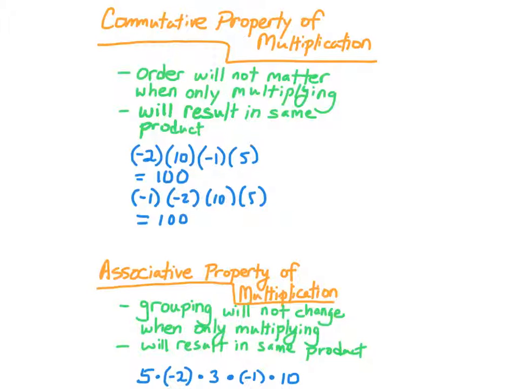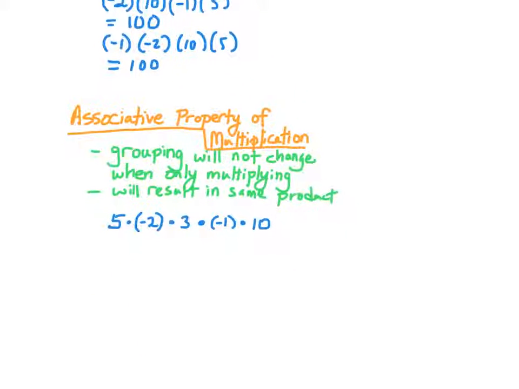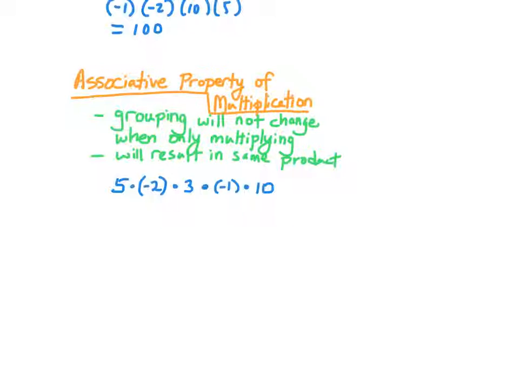All right. There is no commutative property of division. Division, you can't change the order and get the same thing. 10 divided by 5 is not the same thing as 5 divided by 10. But you can change the order with multiplication. Okay. Associative property of multiplication, the grouping